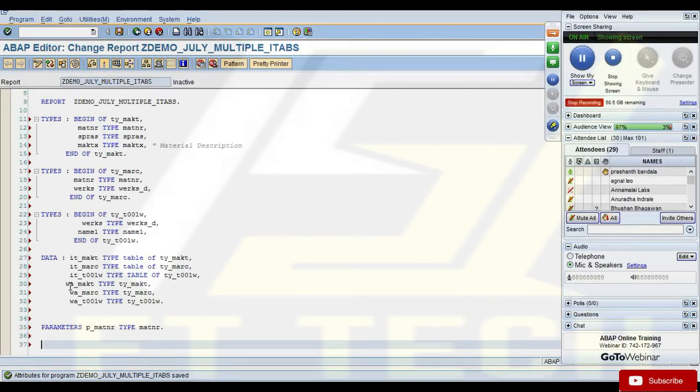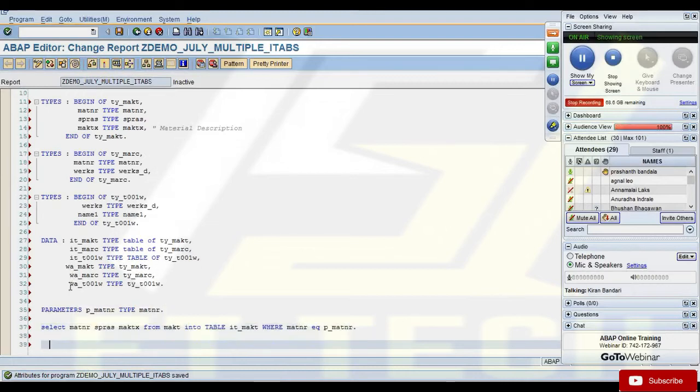So you need to write the select statement first. Yep. So I say select matnr, spras, maktx from makt into table it_makt where matnr equals to p_matnr. So this will bring the data from MAKT into my it_makt.